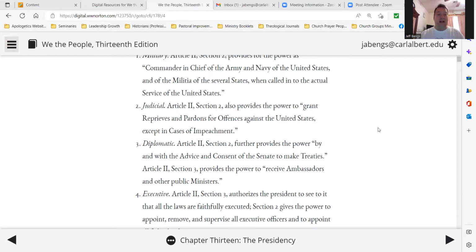Now, the president is not the only federal officer that can be impeached. Federal judges can be impeached. Congressmen and senators, well, I'm not sure about that. But there have been federal judges that have been impeached and removed from office. Unlike the 3 presidents that have been impeached, they have not been removed. But the president cannot impeach anybody, and he cannot pardon someone who has been impeached.